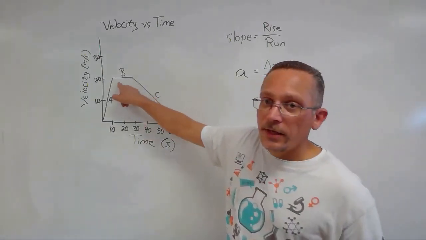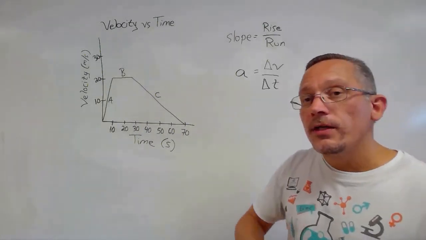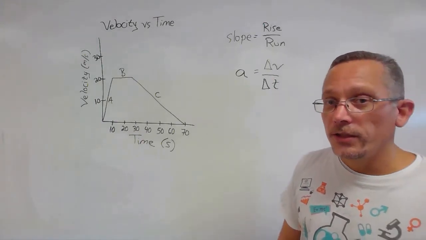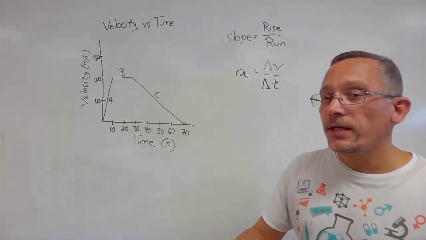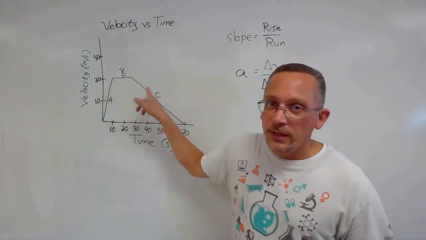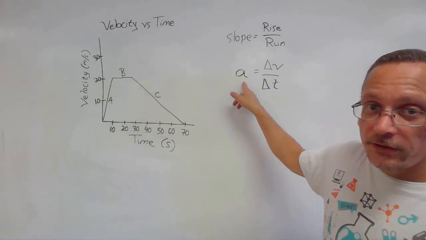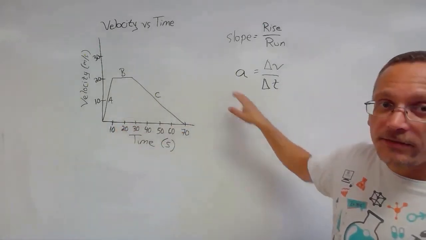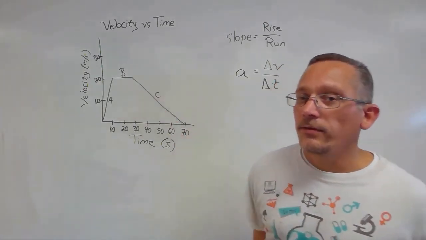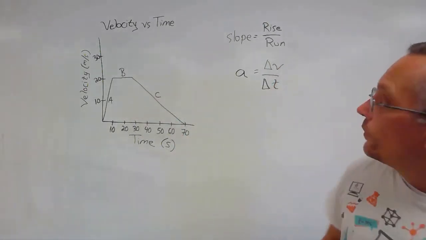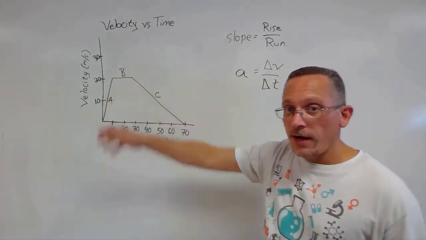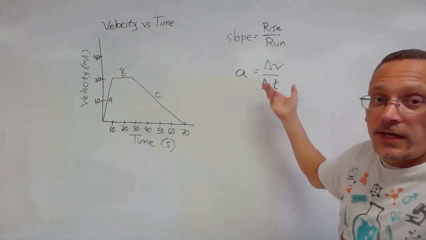What about a flat line on my graph? That would be a slope of 0, right? If the slope is 0, then the acceleration is 0. That means my object's velocity is not changing, right? So my object can speed up, slow down, stay at a constant velocity. A positive acceleration means it's speeding up. A negative acceleration, it's slowing down. 0 acceleration means it's a constant velocity. So here we have an equation. We can find the acceleration from the slope of a graph, or we can find it by dividing two numbers,